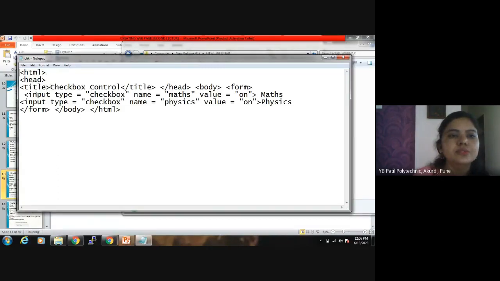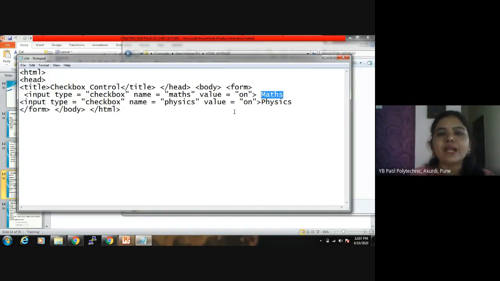Here you have to mention input type is equal to checkbox, name is equal to maths, value is equal to on, and this is the label maths. Then the second input type is equal to checkbox, name is equal to physics, and value is equal to on. When you save this file with .html extension,